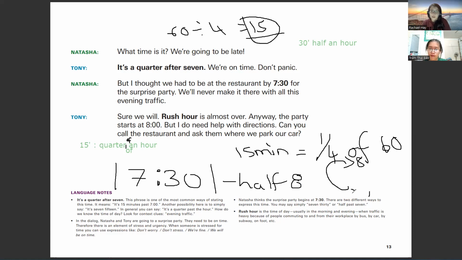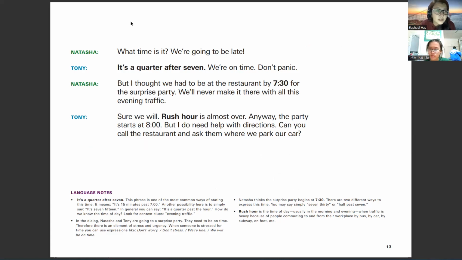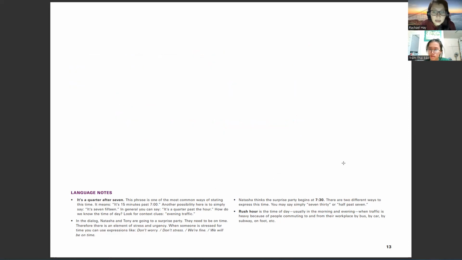They say it's half an hour to the next hour. So not English, like I said, English does it 7:30. But certain languages, if the time on the clock,